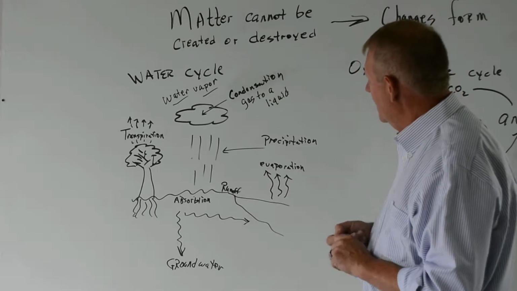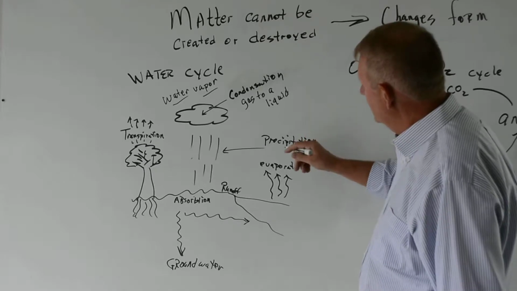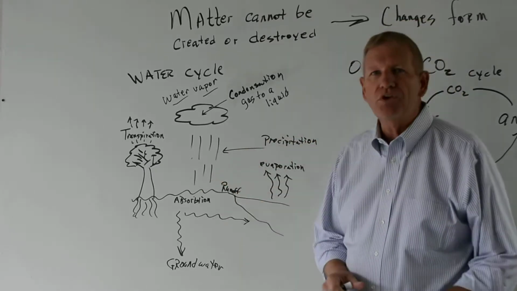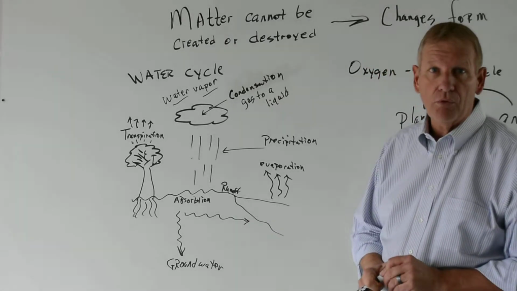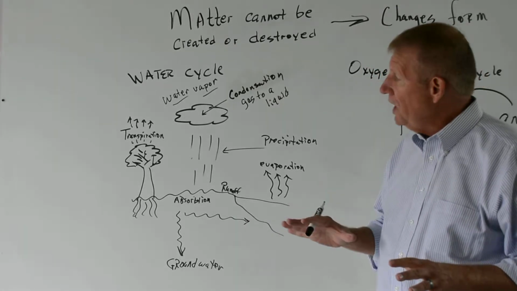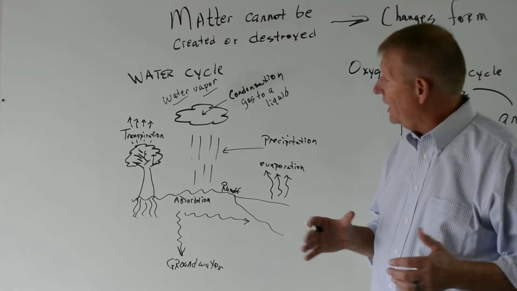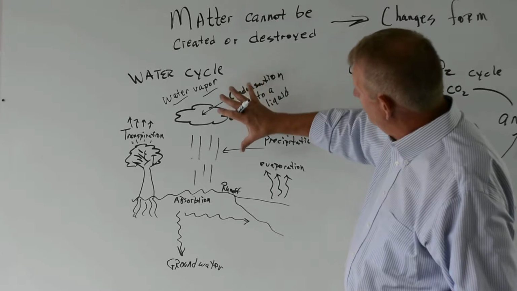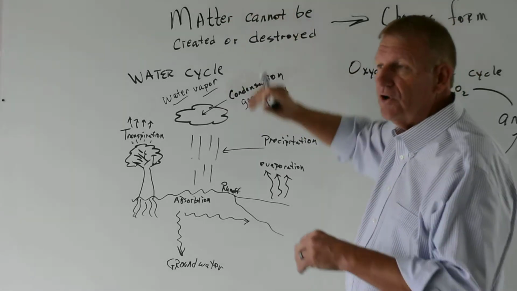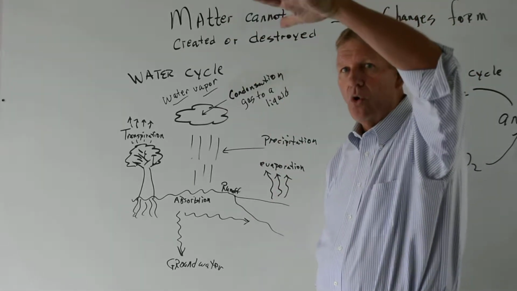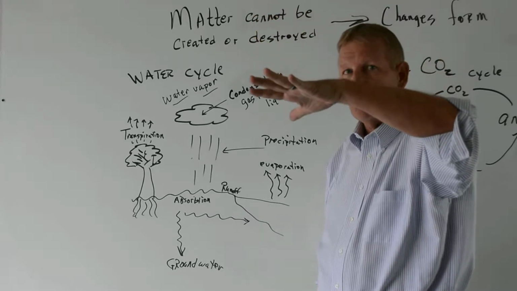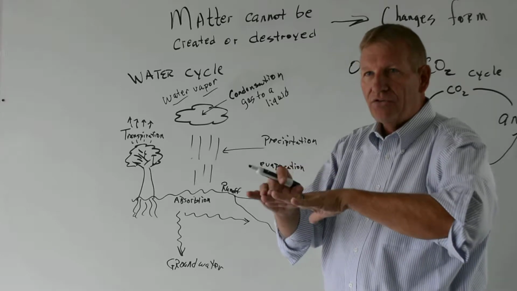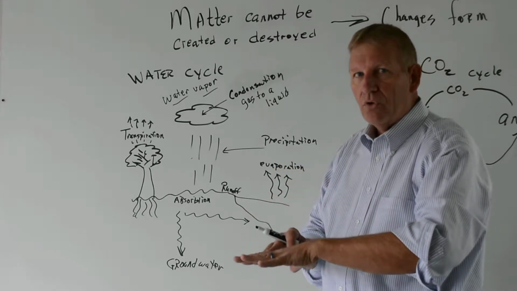falling to the earth. Precipitation is falling to the earth. I don't want to just say liquid, because it could be hail. It could be a hailstorm. What exactly causes hail? It's kind of interesting. What causes hail is we have this condensation high up in the atmosphere, and as it goes through a cold area, it freezes the water, and then it goes through a warmer area and thaws the outside of it, and then it goes through a cooler area and it freezes.